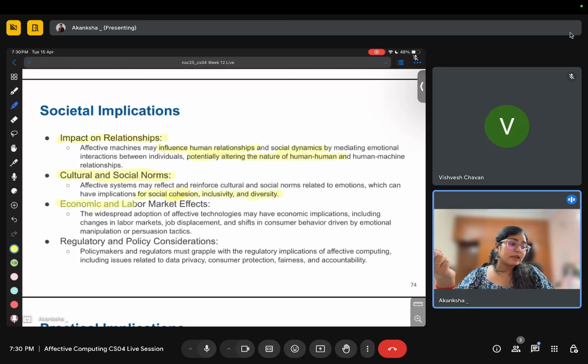Then economic and labor market effects. If AI is everywhere, then it can have some economic implications. Some jobs might not be there, job displacement, or shifts in consumer behavior, changes in labor markets. ठीक है. And it can also lead to persuasion tactics and so on.